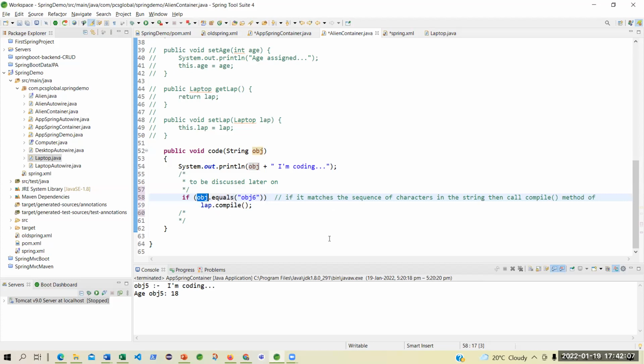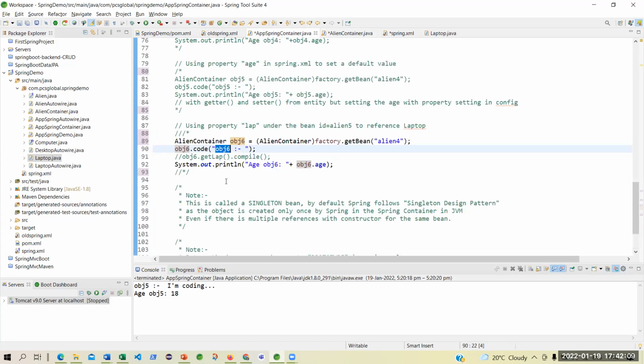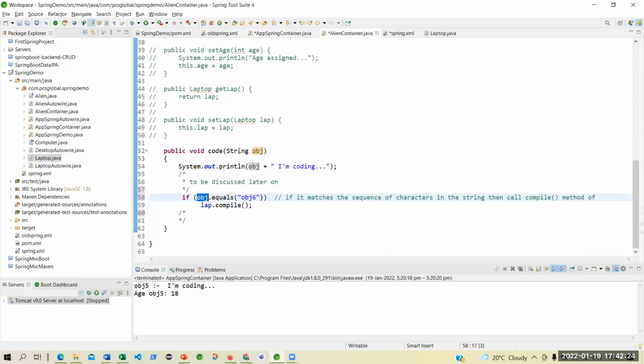Obj is an object. Obj6 is nothing but an object, the same thing. But what is passed into the function code? The function code passes a string, sir.